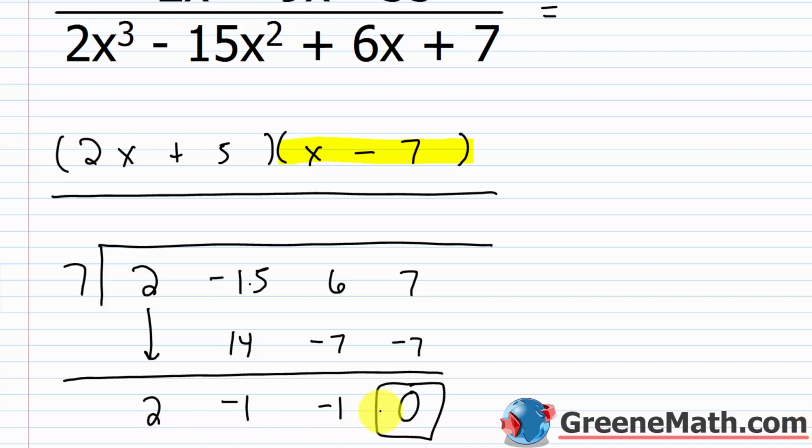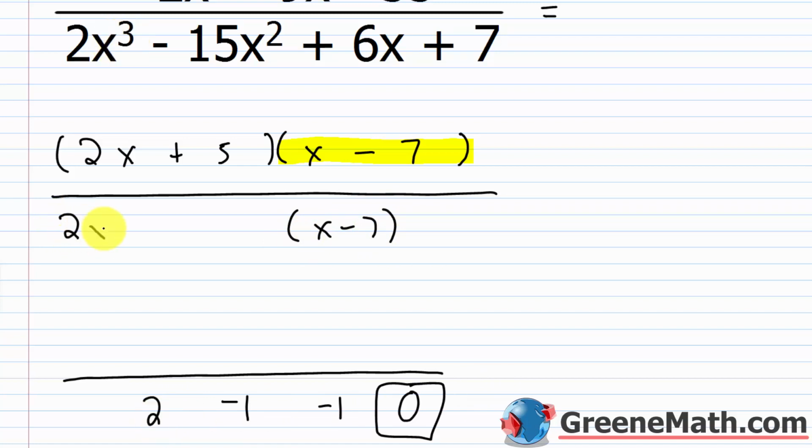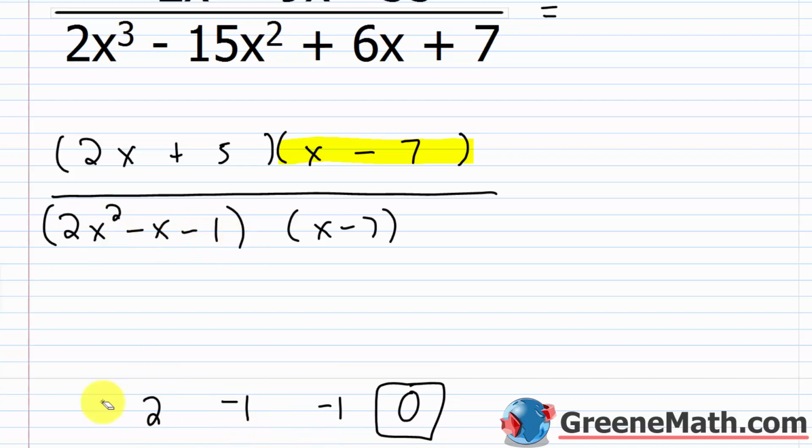And we have our answer right here from the division. So we know that this would be x minus 7 times, you would have what? It's 1 degree less, so it would be 2x squared minus x minus 1, okay? And if you don't believe me, go ahead and multiply these two together, and you will see that you get